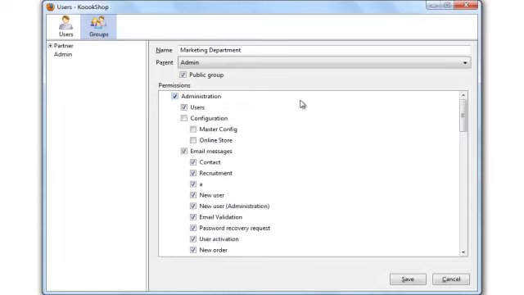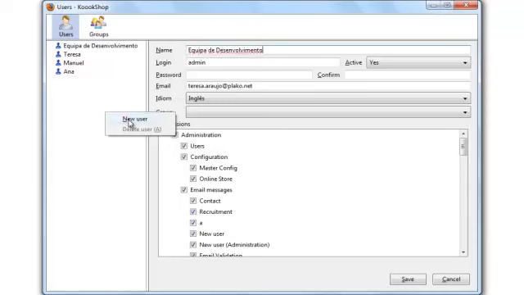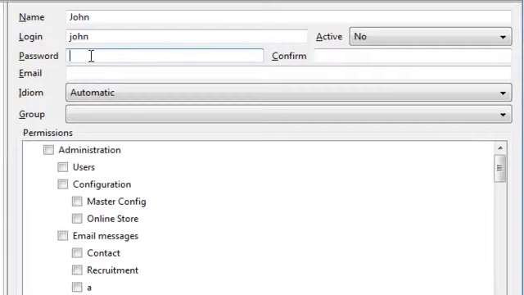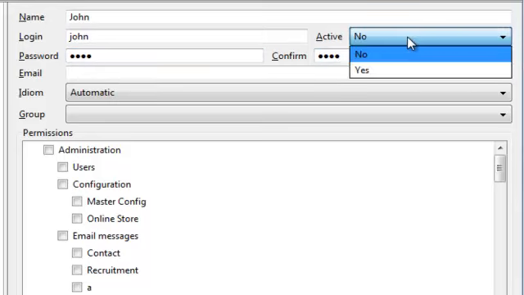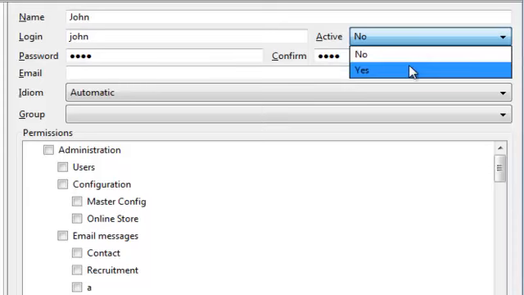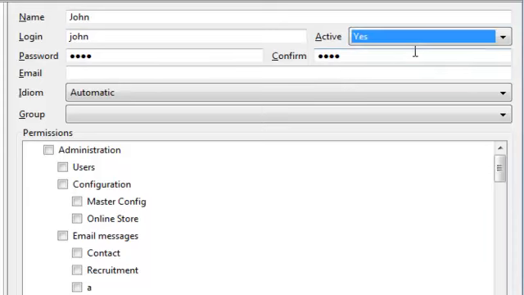On the User section, we can also add and remove users easily by using the context menu. Let's create the user John. We call him John and choose the login name and password. We must now say if he is an active user or not, if he has access to the project. Fill in the email